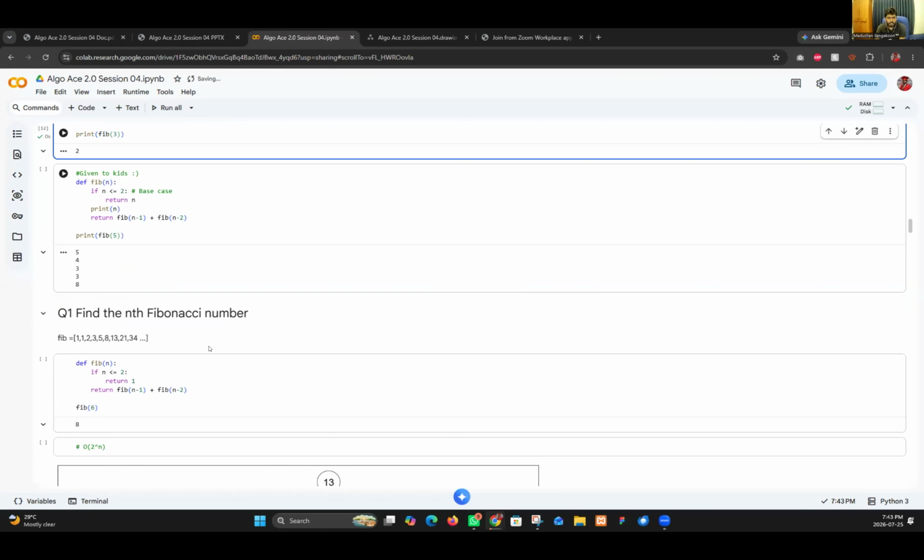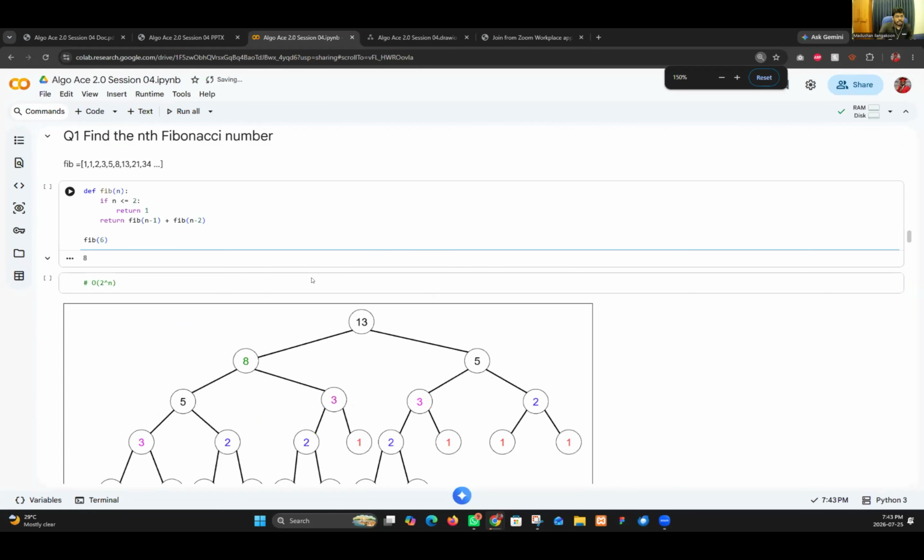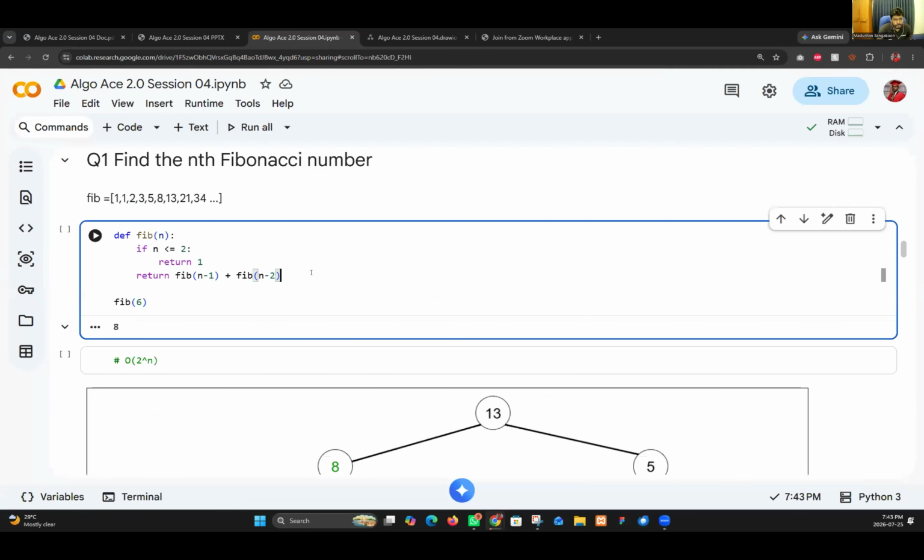So now we come to the students. Okay, this is the actual code, but this is not the ultimate better solution. But this will give you the output.